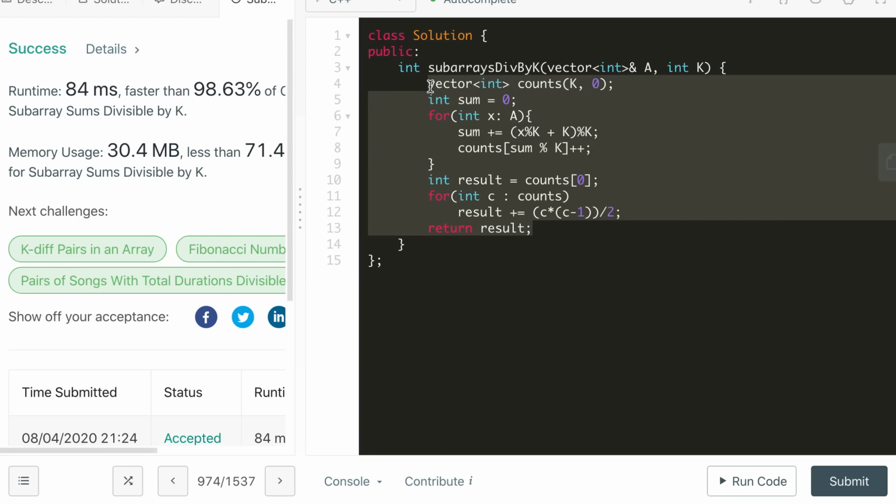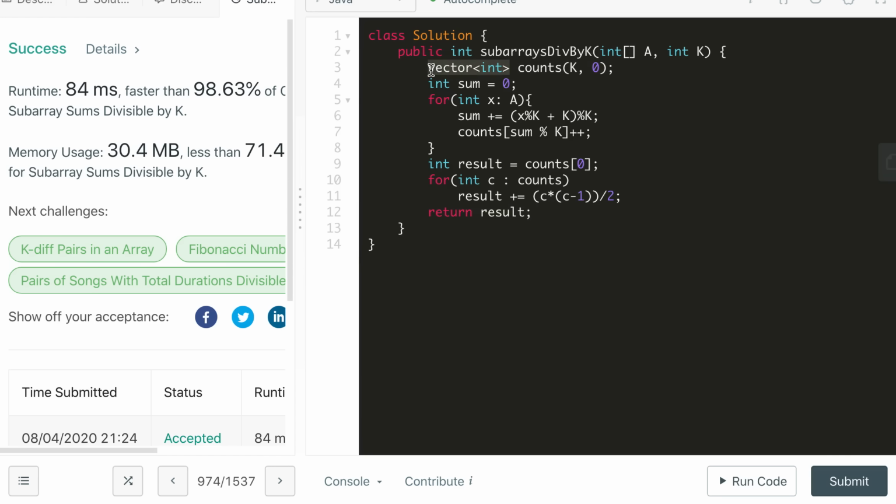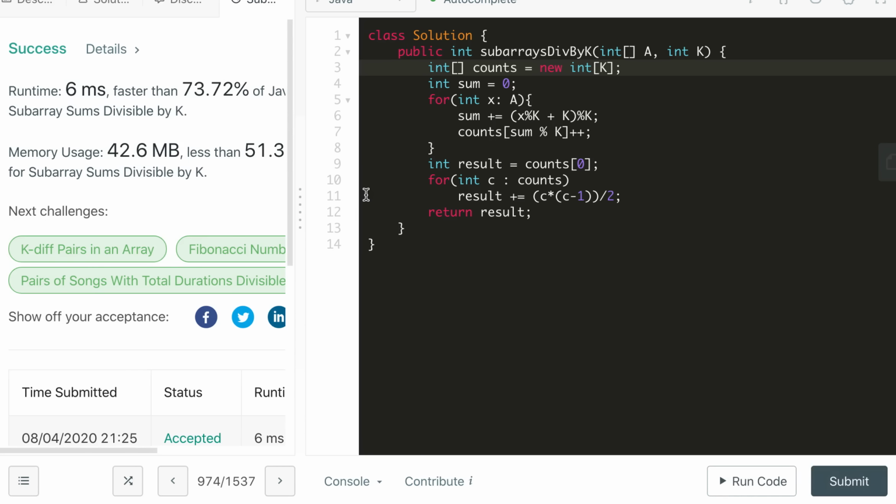I don't think there is much change in the code required. And here it's 8 milliseconds in Java, and now 6 milliseconds. So it's quite efficient. It's again O of n runtime and O of k space.